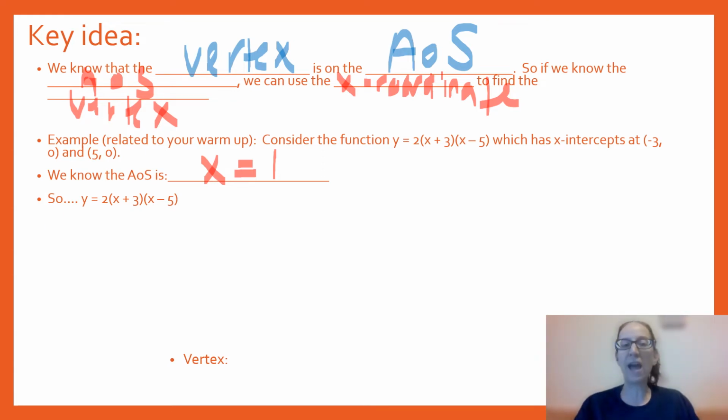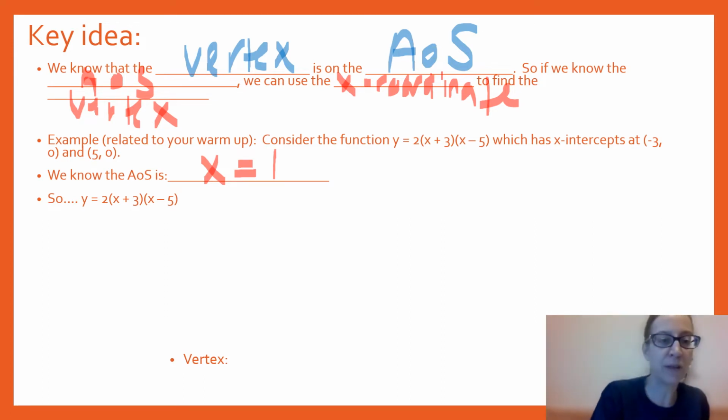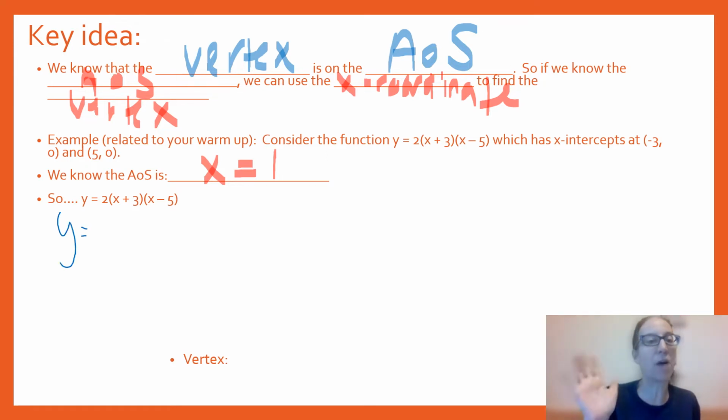So once you know the x, then you can figure out the y. And here's what it would look like. So we have y is equal to 2 times (x plus 3)(x minus 5). Now, I just made that problem up. I made it up to connect to the warm-up. But if you're wondering where did you get a 2 from,